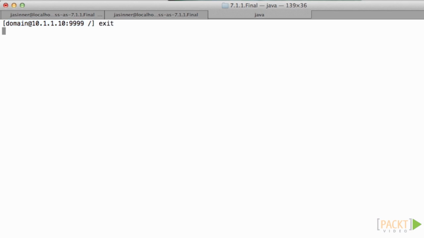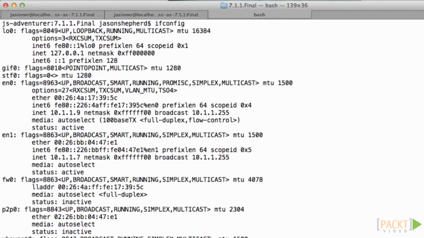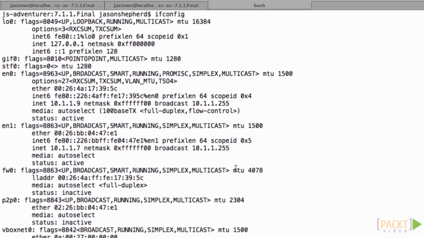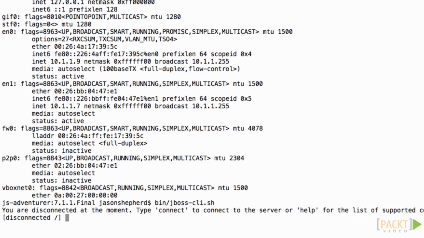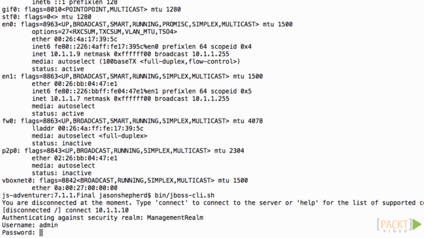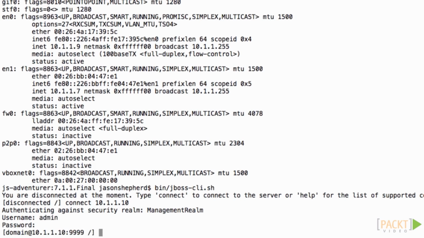Let's just review where I'm connecting from. I'm actually connecting from a third machine, which is my desktop running Mac OS. So from here in my JBoss installation directory, I can run the JBoss CLI script and then connect over to the domain master, which has the CLI or the 9999 port bound to an external NIC. I need to authenticate to it, so I'm going to use the admin credentials, admin and JBoss,